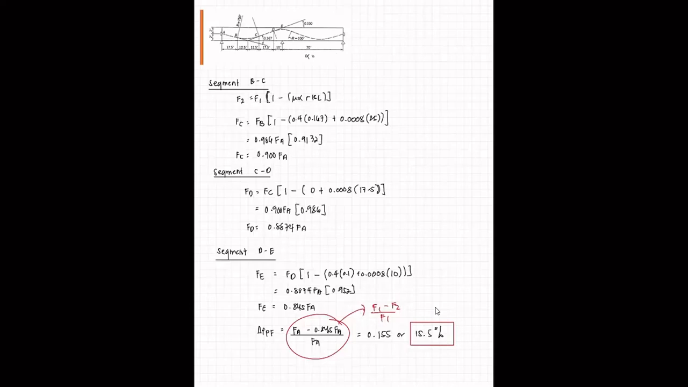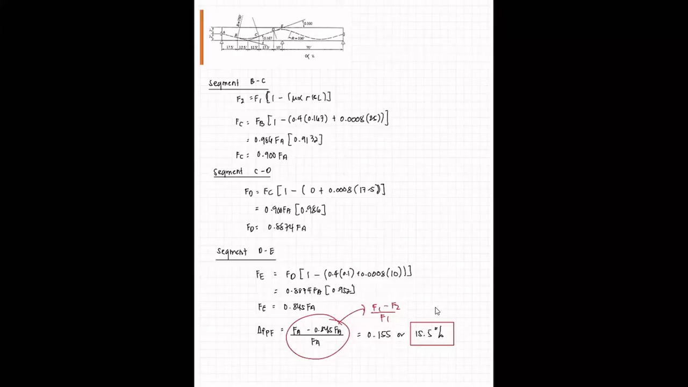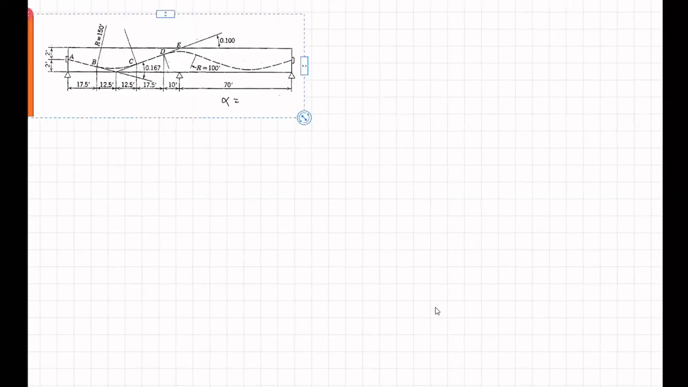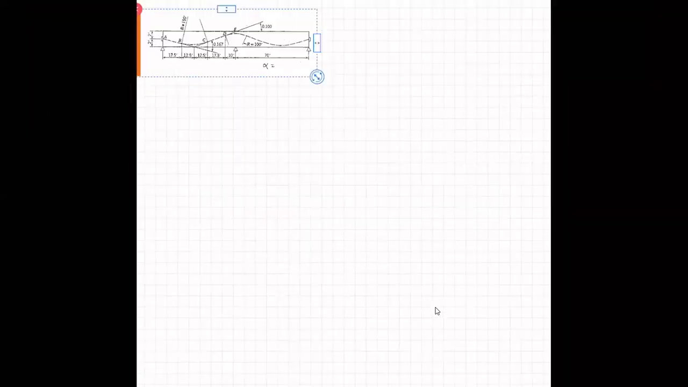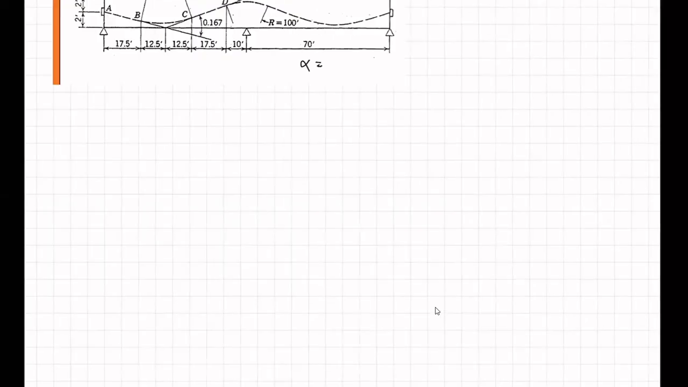Then meron pa tayong isa, which is yung accurate approach, no? Yung ating third method. Na yung formula niya is naiba lang pero yung segmenting parehas, no? Try natin yung letter C. So sa C, so sa method C,